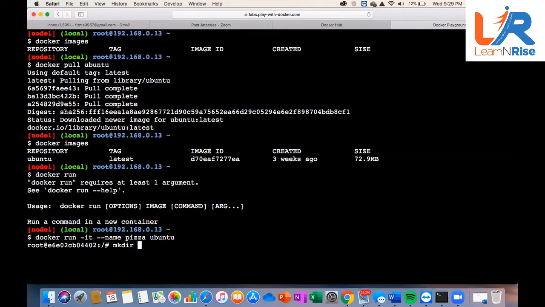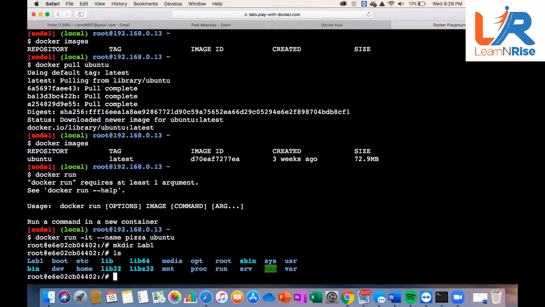It will create a directory. Press enter. Just to check, type the command ls, enter. Good. The rest are all Linux commands, right?